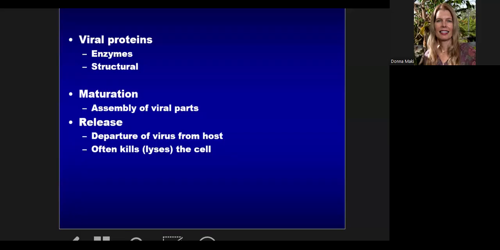Looking at this idea of replication, that kind of 5-step process that all viruses seem to go through. It doesn't matter which type they are, they have to attach. They have to penetrate into the host cell, either the nucleic acid or the whole thing. Then they go through the replication process, and then the maturation or assembly stage, and then release. So when you think about the different viruses,